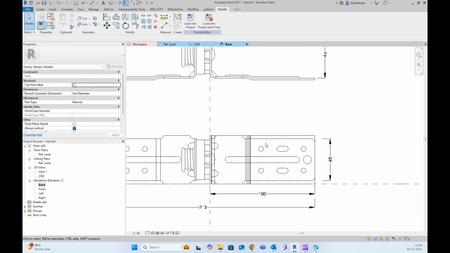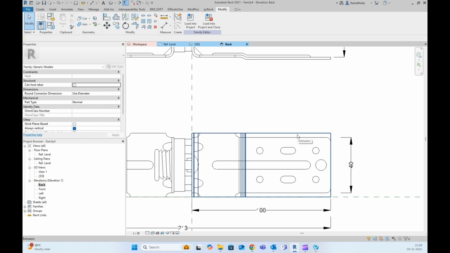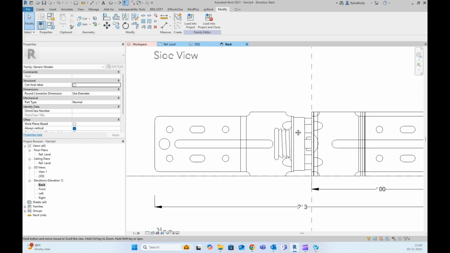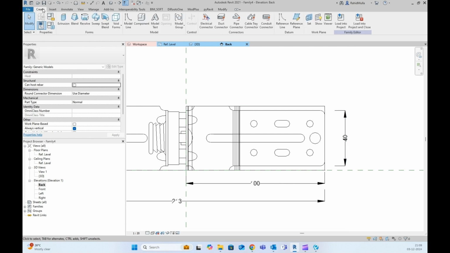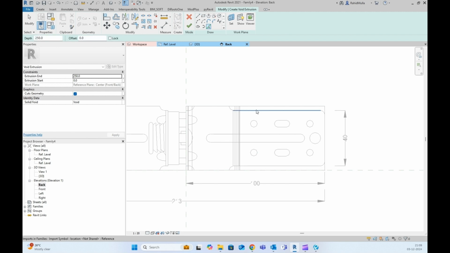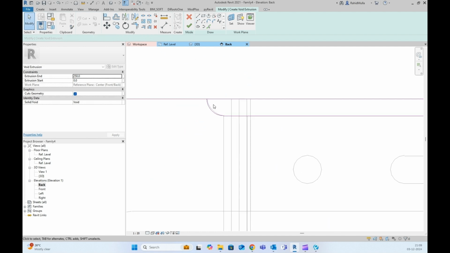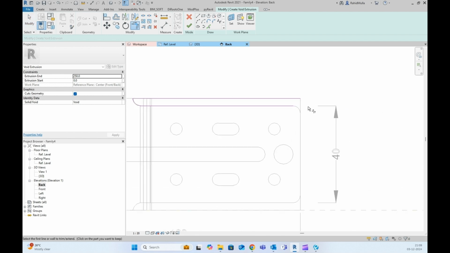Fine. You can see here our extrusion is fine, but there are other details that we have to give. As you can see here, these are the boundaries we have to model. So how will we model those boundaries? Again, we will take void extrusion here, and we will try to trace those lines which are greater than 0.9 mm. Again, here the same thing, Revit doesn't allow us. So what we'll do is we'll trim this line, and